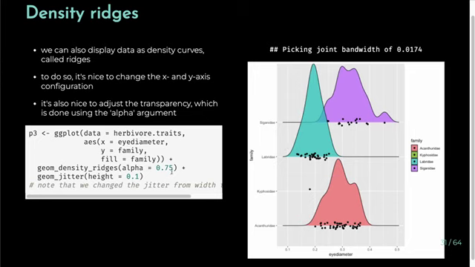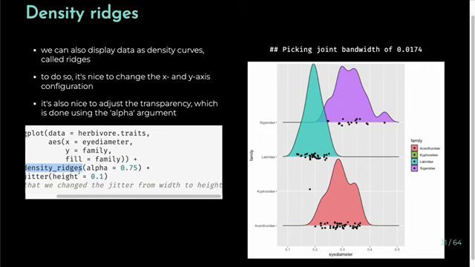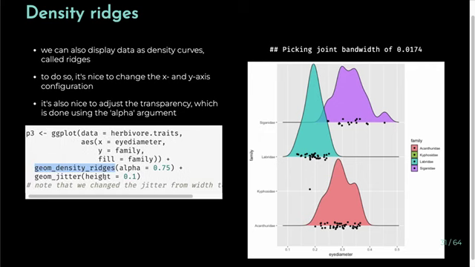And the other thing we've done here, we've used the geom_density_ridges function, which is part of the ggridges package. So if you throw an error here, it might be because you didn't install the ggridges package. So we've combined that geom_density_ridges function with the geom_jitter function. And we also changed the jitter from width equals 0.1 to height equals 0.1, which jitters it on the y-axis